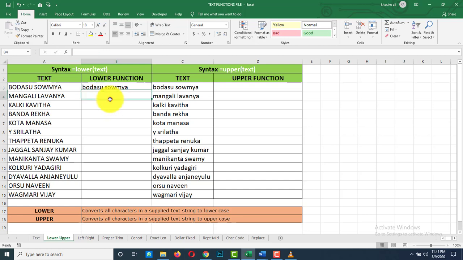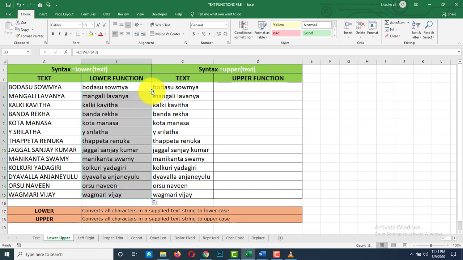Now you can apply this formula to all the cells using the fill handle by double clicking on this, or you can drag also. Now our next formula is the upper function. This upper function is used to convert the small letters into capital letters.